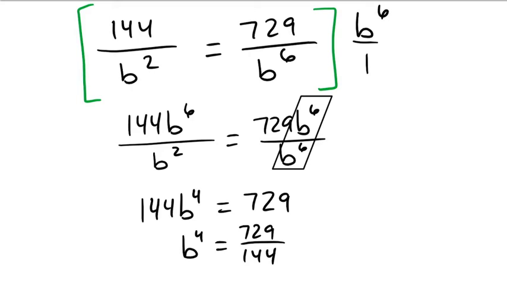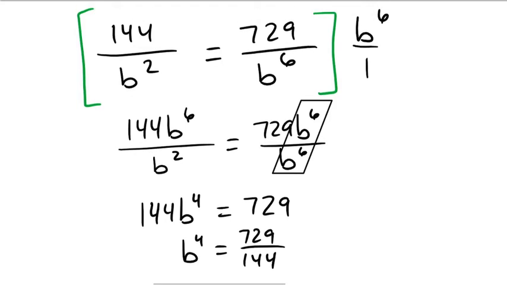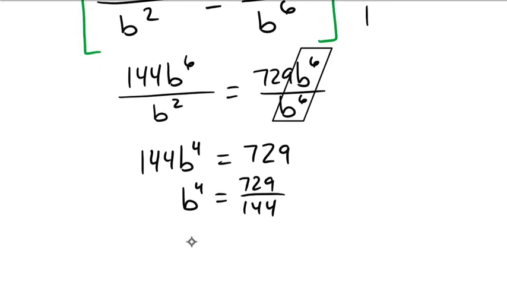So let me grab my calculator. 729 divided by 144. Uh-oh. Boy, I didn't get a pretty number. I hope I haven't made, I could have made a small mistake somewhere, and we'll find that out in a moment. But I got that b to the 4th power equals